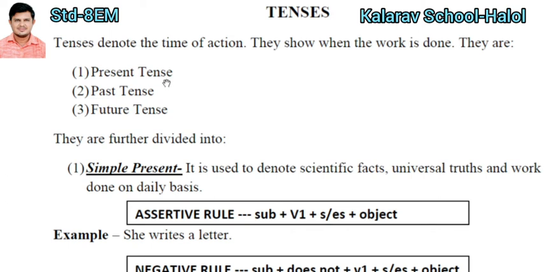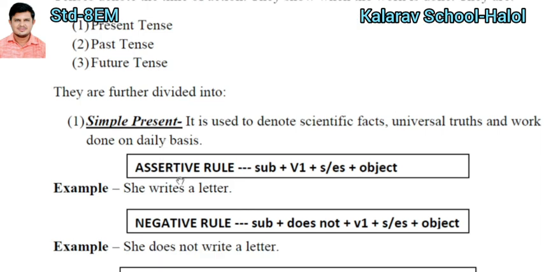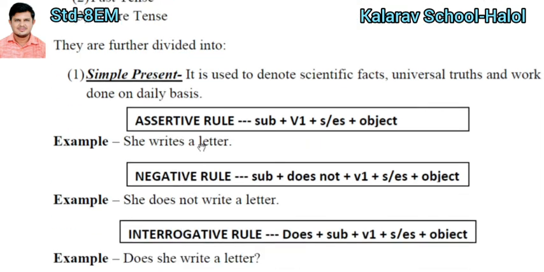Whatever fill in the blanks are asked in the exam, you have to write down in your answer paper. So everyone must remember, everyone write down this explanation. I will send this pdf to you, so that you can write it down in your grammar notebook. With each and every tense, meaning simple present tense, assertive, negative, interrogative, every sentence you have to make 5 examples and write down in your notebook.